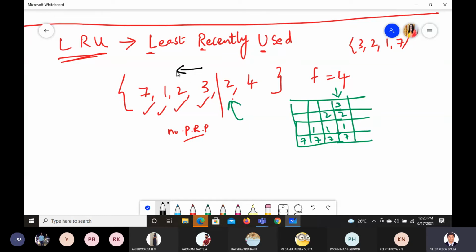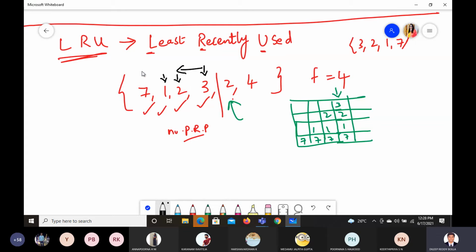Now which one is least recently used? What is the meaning of that? You take 3. 3 is very recent. After that 2, which is somewhat older than 3. 1 is still older than 2.